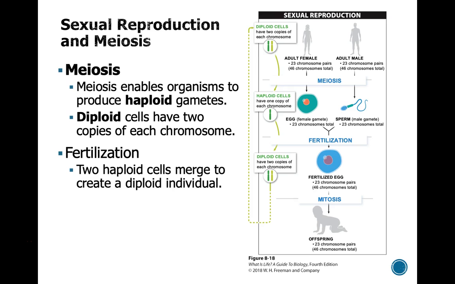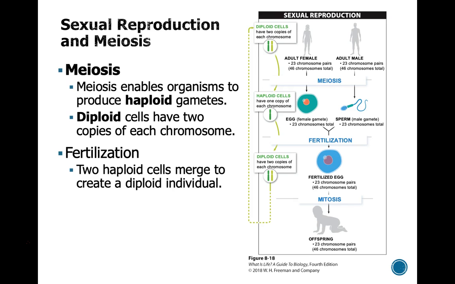And one of those outcomes is that meiosis reduces the number of chromosomes in a cell. So let's back up just a little bit. Humans have 46 chromosomes altogether. The 46 chromosomes are made up of two sets of 23. So we get one set of 23 chromosomes from mom, one set of 23 chromosomes from dad. And each of those chromosomes has a similar partner in the sperm and the egg. So we each get a copy of chromosome 1 from mom and from dad. We each get a copy of chromosome 2 from mom and from dad, and so on.